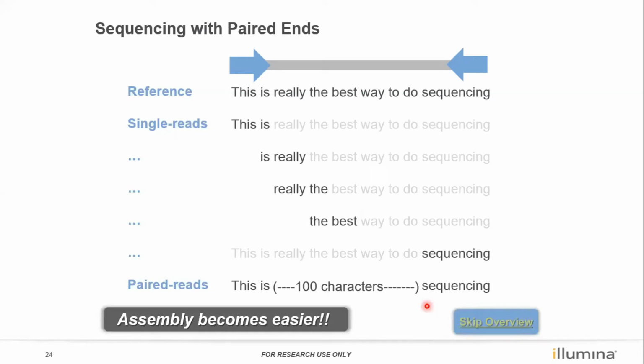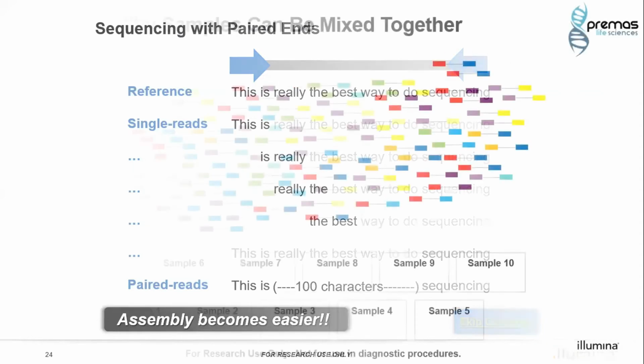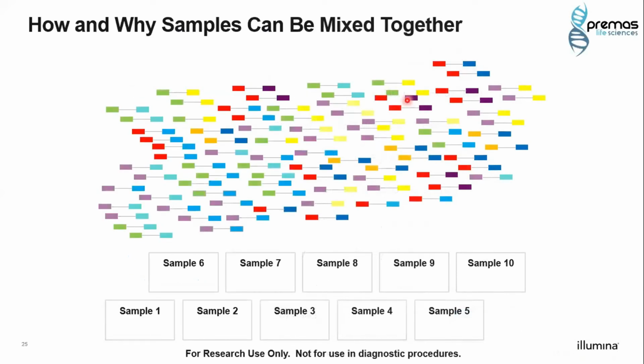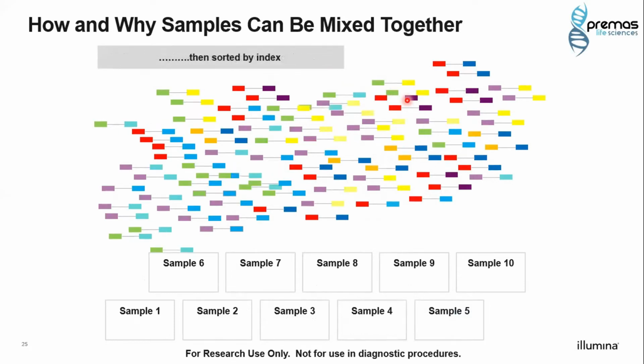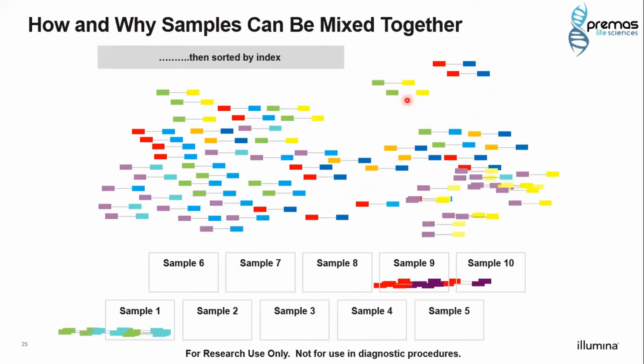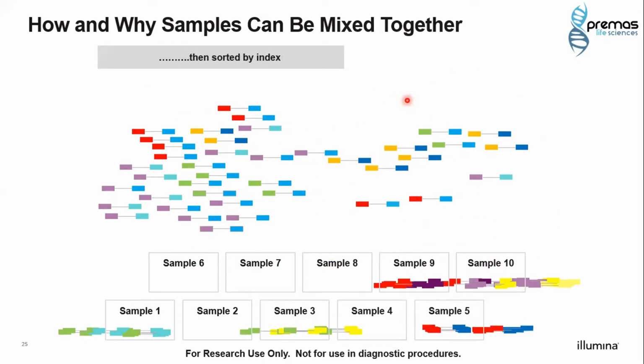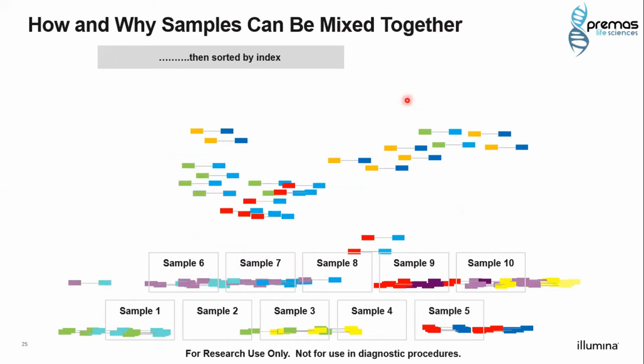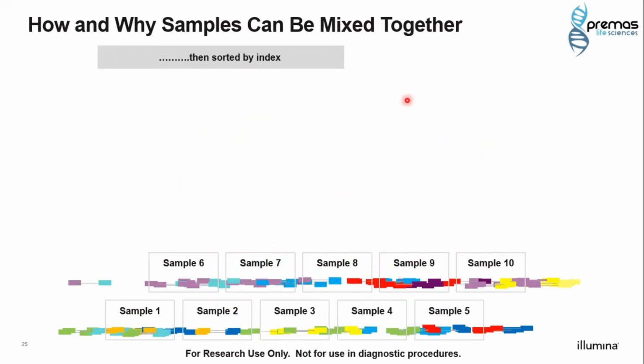Paired-end sequencing is another property where sequencing of your DNA fragment happens not only from left to right but also from right to left. Remember, I was talking about barcodes: how and why samples can be mixed together and how you separate them. When you pool different samples together, it's called multiplexing. After sequencing, based on those barcodes, you can separate the sequences from different samples, like when they come from patient number 1 or 10, and find out which sample is behaving in what way.